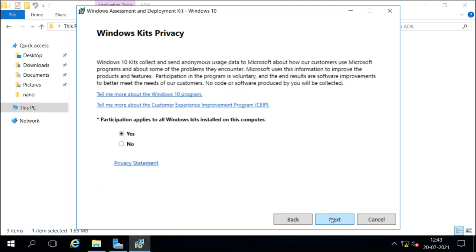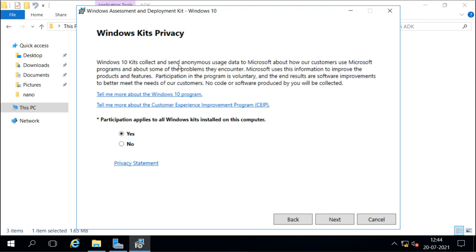Then it is asking whether you want to participate in the Customer Experience Improvement Program. This will send your error information to Microsoft, so that when you face any problem or error, the data goes to Microsoft, they do the research, and then they can try to fix the problems.